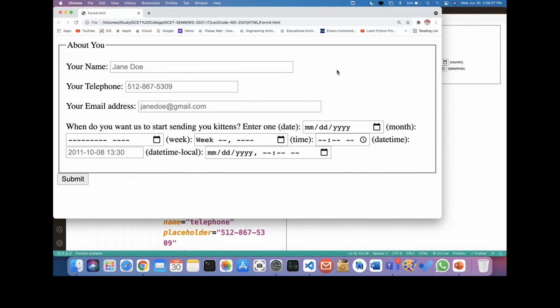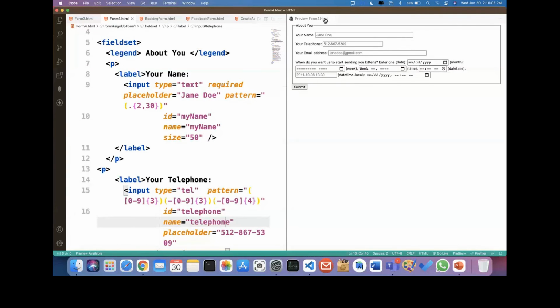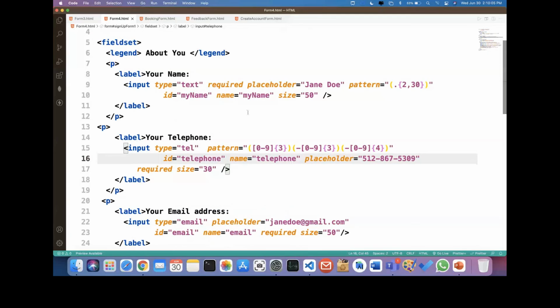Suppose I want to design this kind of output. Here there are some important attributes I need to explain. First of all, we are going to start with the type, that is text.